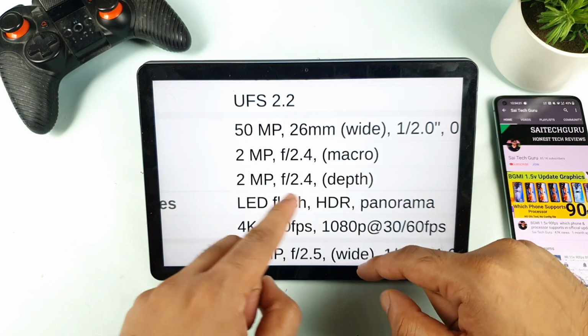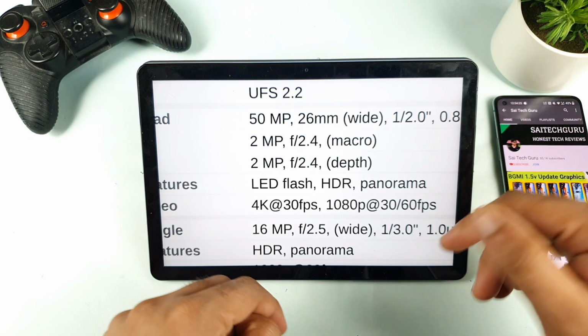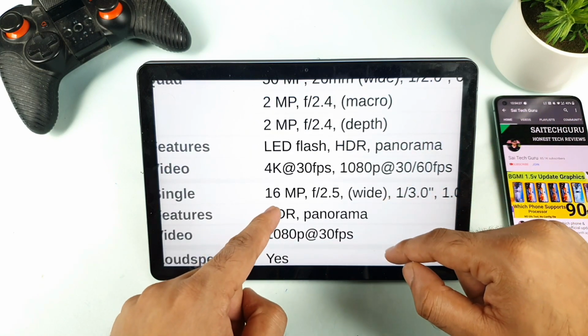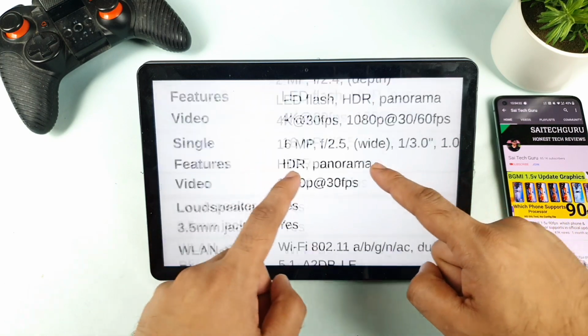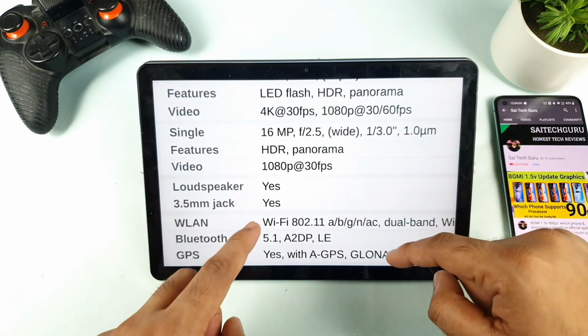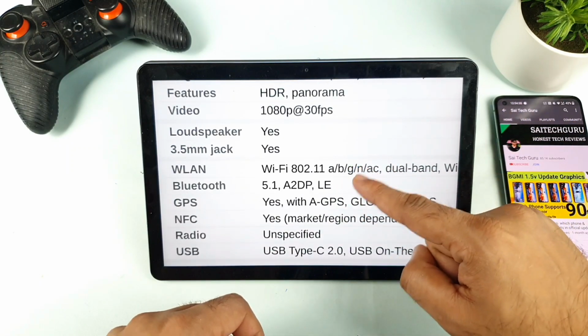As you can see friends, there is only a 3 camera setup at this point, and the 4th one is only the flashlight, so don't get confused. As I said, it's only a 3 camera setup, not a quad camera. And the front cam is a 16 megapixel lens, and you can record at 1080p at 30 fps in the Realme 8i device without any kind of issues. That's the one thing. And there is no Wi-Fi 6.